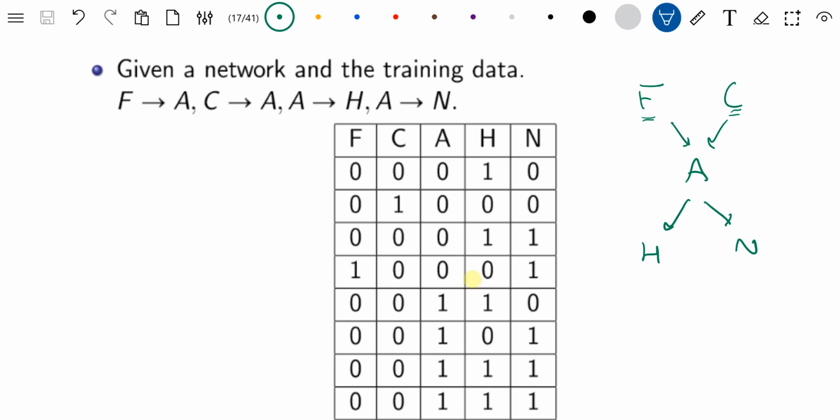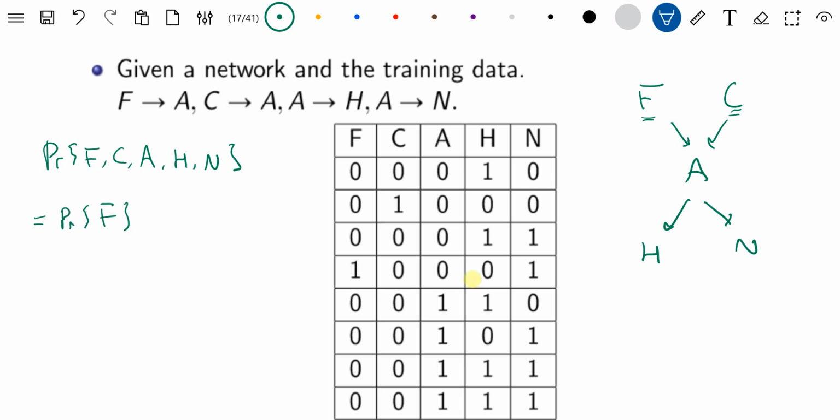Then we create a network like this, and we are trying to find the probability of F, C, A, H, N all equal to 1. And we know all the conditional probabilities, for example, A given F C, H given A, and N given A. So the way to do this is to use the chain rule formula